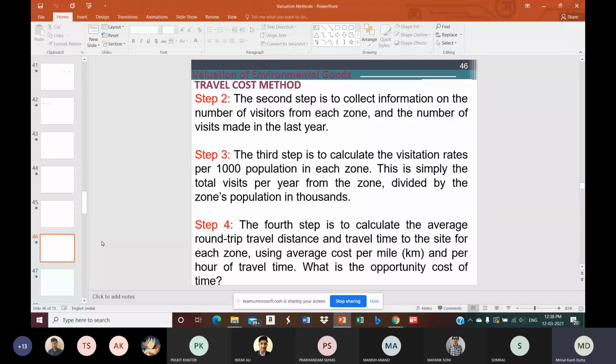Opportunity cost, as you can understand, is the next best alternative which is foregone. If somebody decides to visit a particular location, then he has to spend time for a few days. Now, these few days could have been used for some other works which might be productive for him or her. So the value of these 3 days, 4 days will represent the opportunity cost of time for that person who has undertaken the travel.